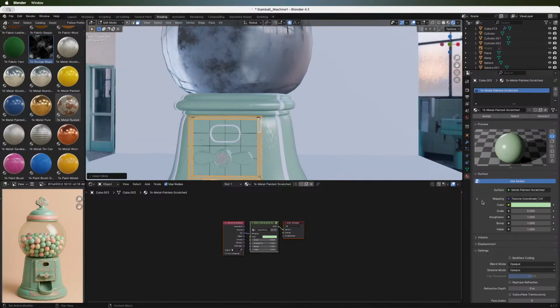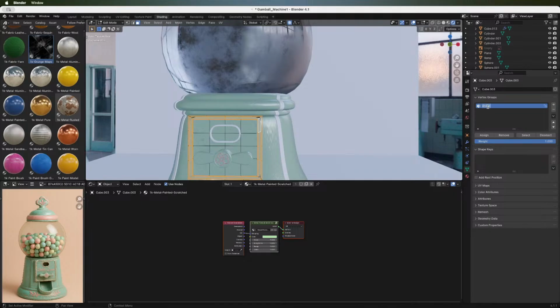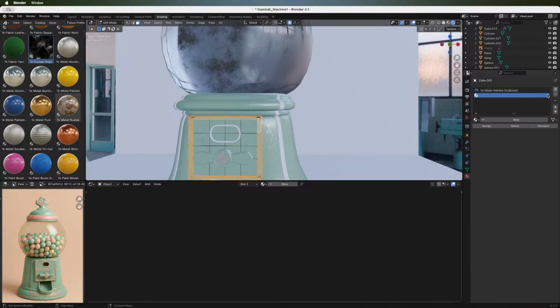All right, and then I'm gonna go to vertex groups. I'm gonna add a vertex group, and we'll just do border, assign, and then let's go here, add one, and we'll add,